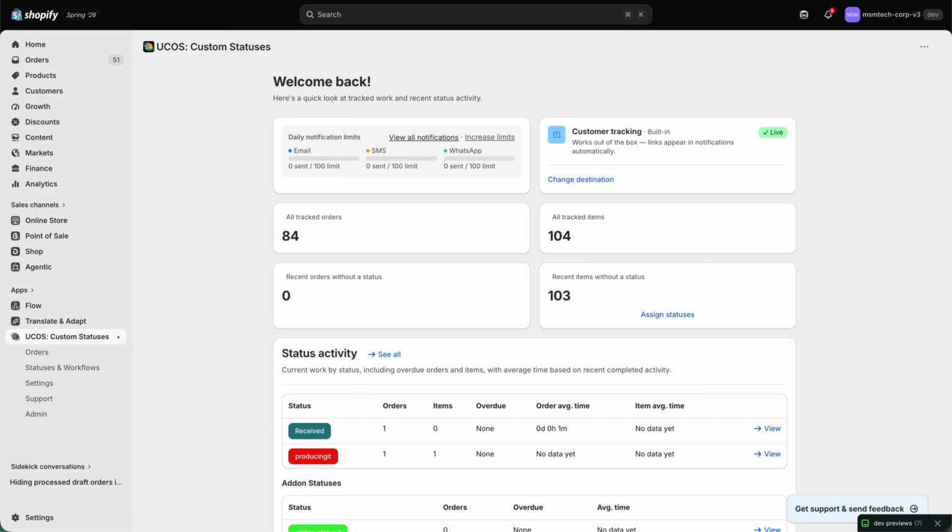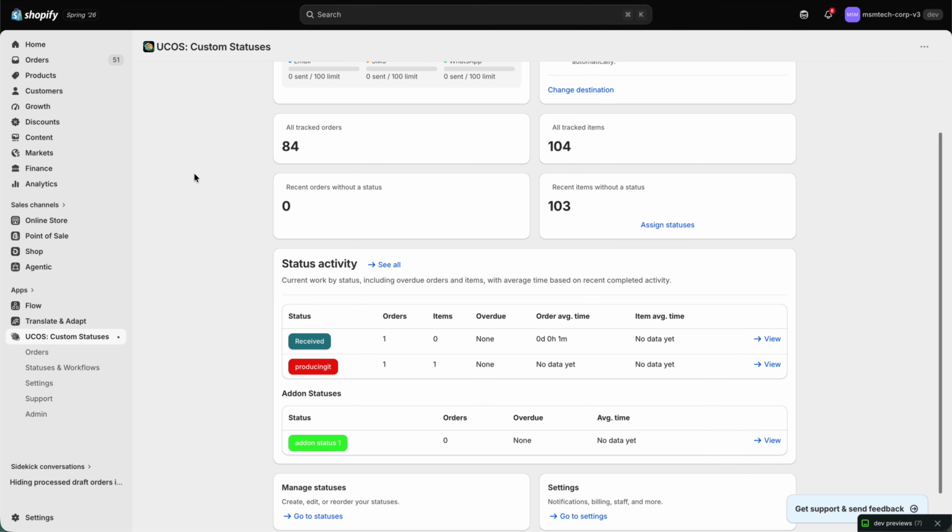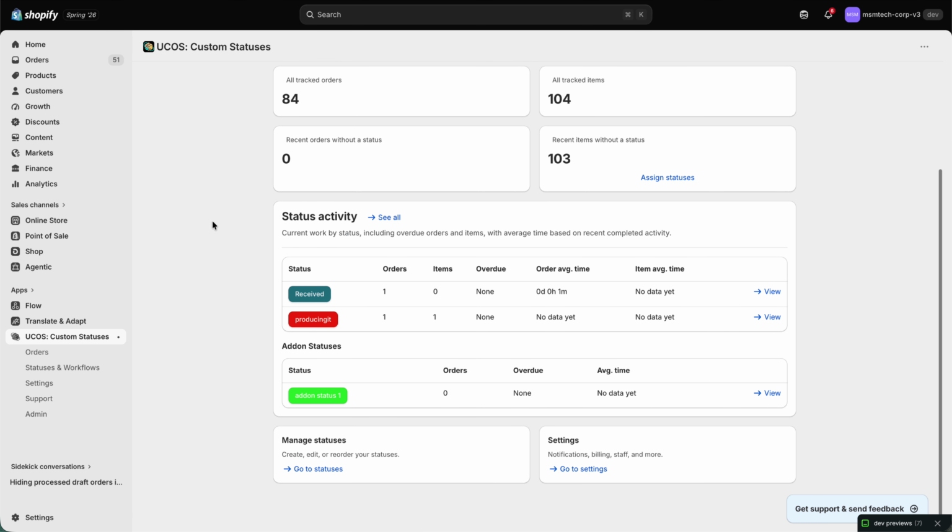Okay, so today we're going to talk about how to set up multiple workflows for ultimate custom order status on Shopify. What this app does is that it allows you to create custom statuses for your production chain on Shopify, because we know how Shopify is pretty limited on how the order progresses once you receive it, and you might have a custom production chain that you might want to let the customer know and inform them at